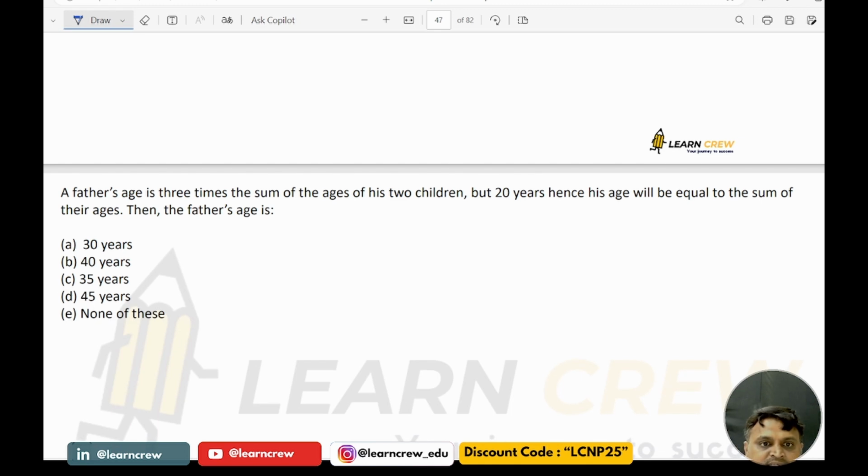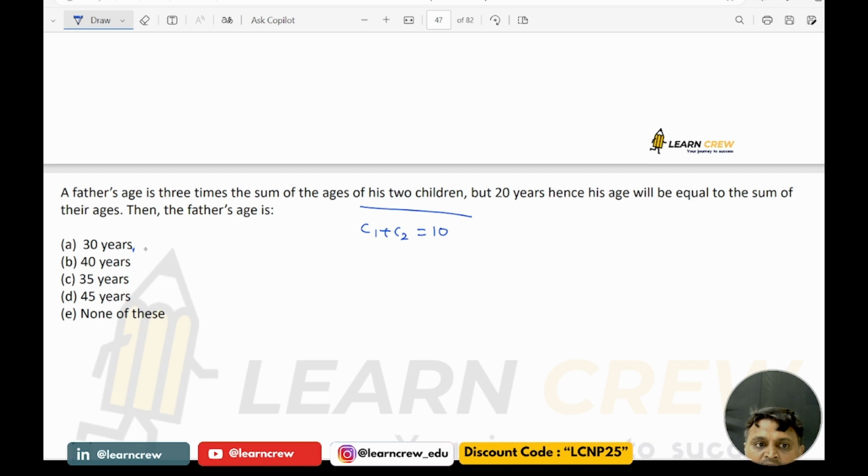A father's age is 3 times the sum of the ages of his 2 children. 20 years hence, his age will be equal to the sum of their ages. Then the father's age would be how much? Take the first option, 30. A father's age is 3 times the sum of the two children's ages. The sum of the two children's ages would then be